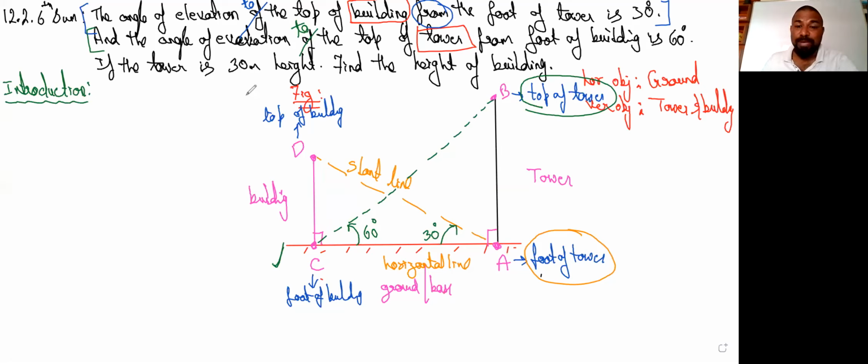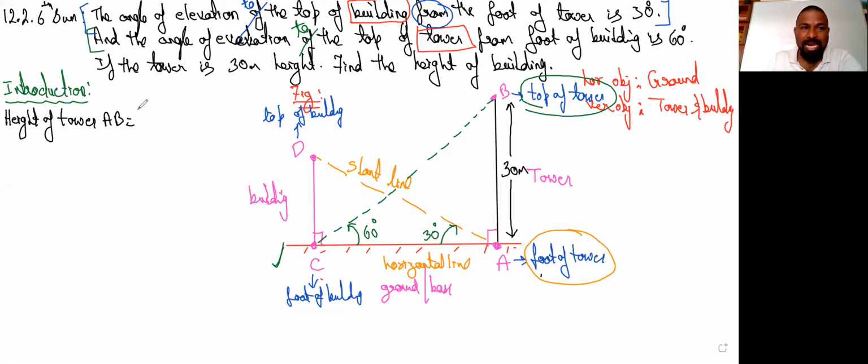Okay, now let us simply measure or write what he has given here. We are going for the height of the tower, which we called AB. Let us check it out. Did he give the height of the tower? Yes, he has given the height of the tower. Therefore, I like to mention the height of the tower as 30 meters. Height of the tower AB, I like to take the symbol as H, or you can ignore that. We are calling it 30 meters, which is given to us.